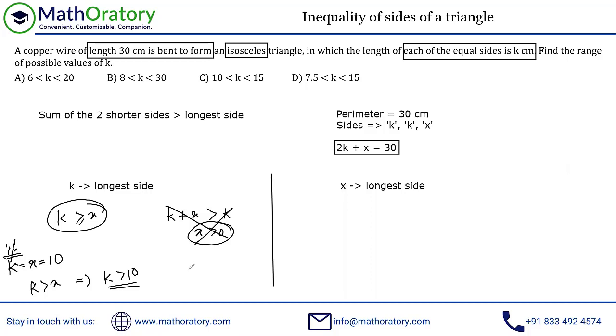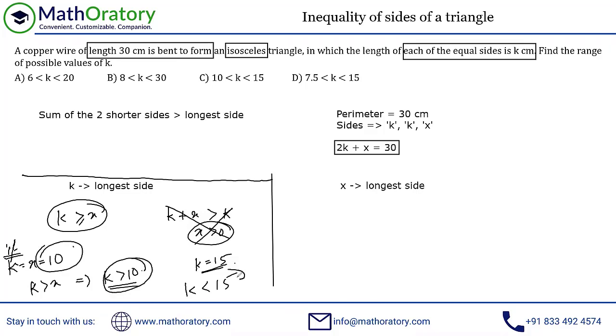So my question is, till what point can we actually go? Now think about this. I cannot take k equal to 15, right? So if I do take k is equal to 15, then this becomes 30, and then x is 0. x is 0 is not possible. You cannot have a side as 0, right? So whatever be, k has to be less than 15, right? So this is all we get from this case. So let me just summarize everything here. So k equal to 10 is possible, greater than 10 is possible, but has to be less than 15. So what we have is k is greater than or equal to 10 but less than 15 in this particular case, k being the longest side.